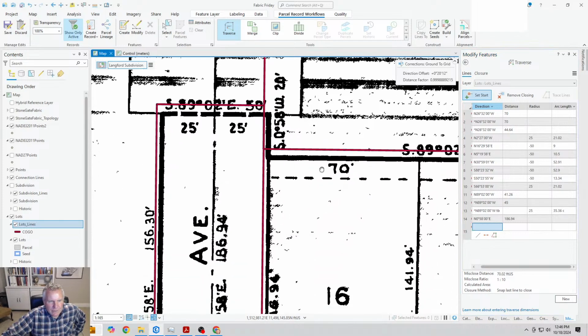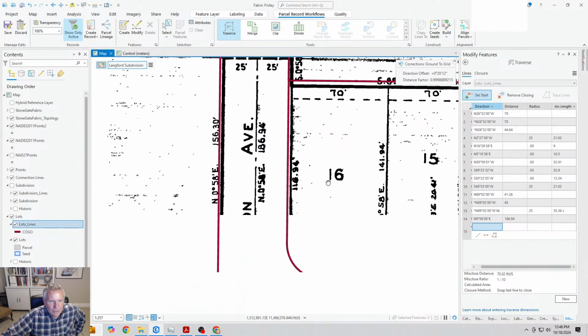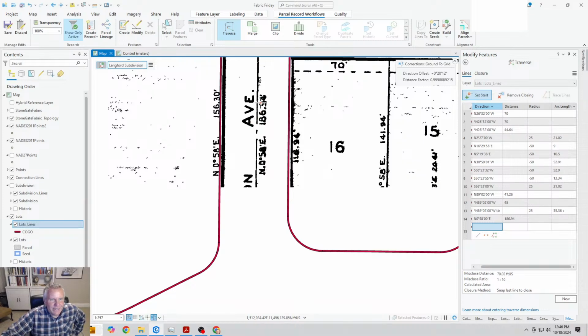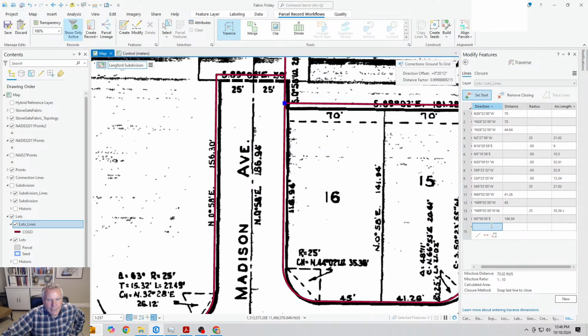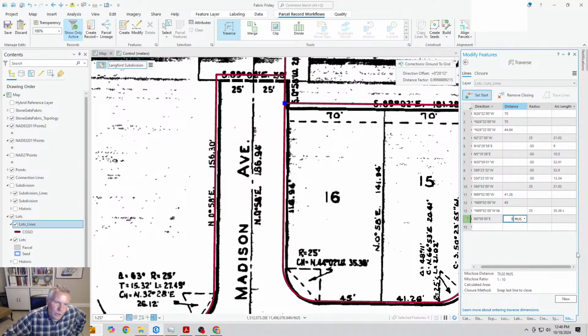Wow, that's not the right distance out. I went with this length on the center line, so that's why it went so far. I didn't enter the lot line length, and that's